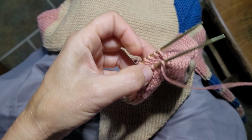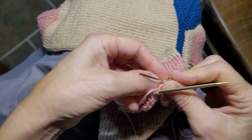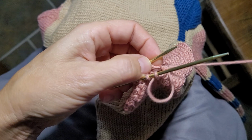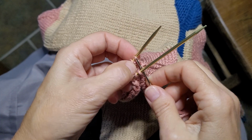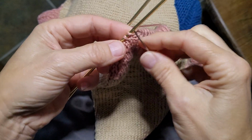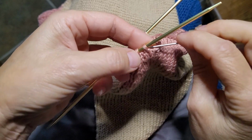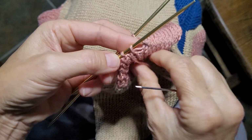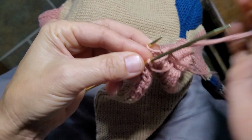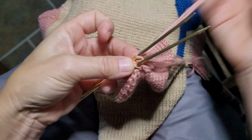right to left, do not remove, back needle, right to left, remove, oops, tangle up, back needle, left to right, do not remove, and we're almost done. Front needle, left to right, remove, right to left, do not remove, back needle, right to left, remove, left to right, do not remove,